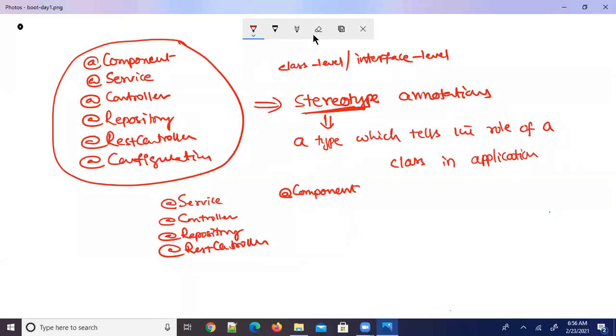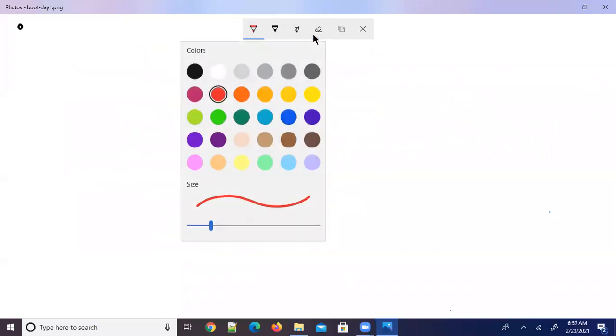Say for example, of course, I will give an idea. Let me write @Service.